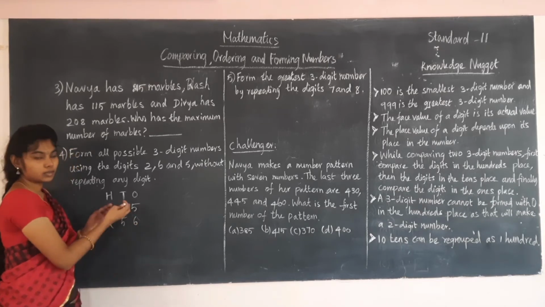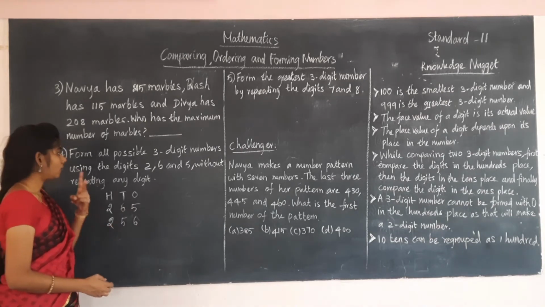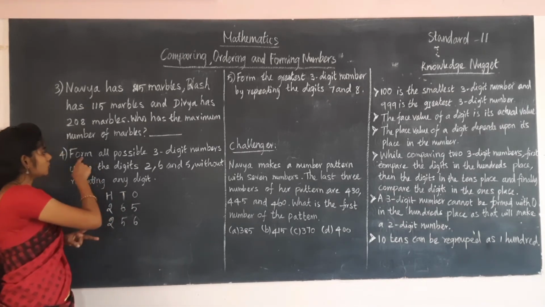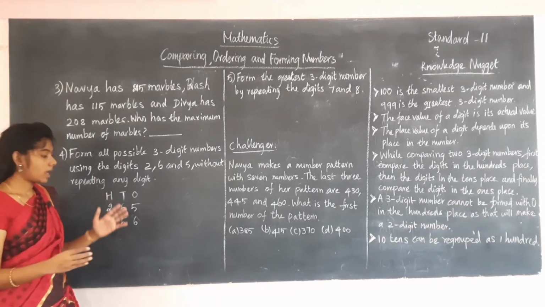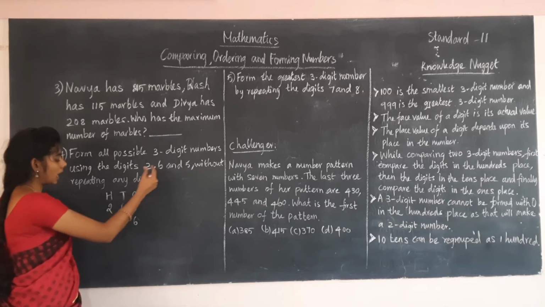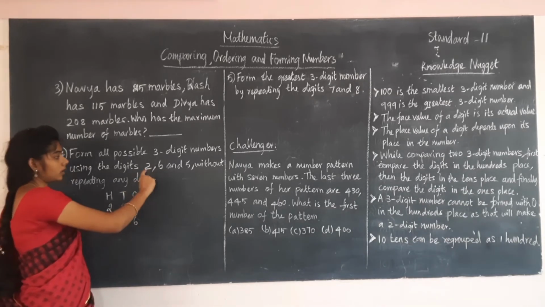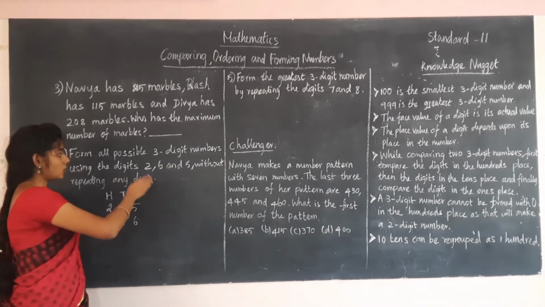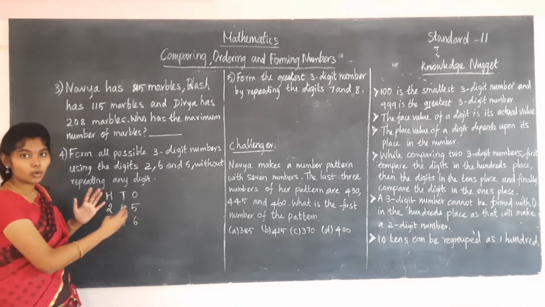So these two are different numbers. This is one 3-digit number and this is one 3-digit number. So I have formed two 3-digit numbers. They have asked to form all possibilities. What are the possibilities that we have to do? We have to form 3-digit numbers. So next we have to take 6 in the hundreds place, and then you can arrange and order the numbers. Likewise you have to form 3-digit numbers. What are the possibilities that you are going to do?